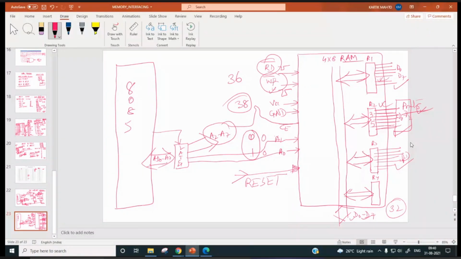Now suppose the processor wants to read data from, say, a keyboard. Through this keyboard data we will enter, so it will come to this register R1. For reading data from this keyboard, register R1 has to be read, right? And for that the processor will send address 00. This will be selected and it will make read bar low. So data will come from here and it will go to AD0 to AD7.